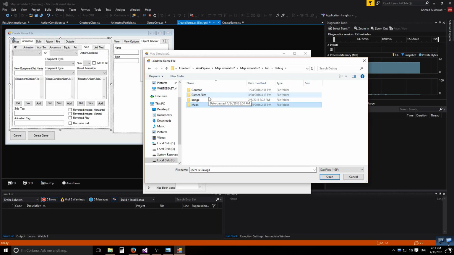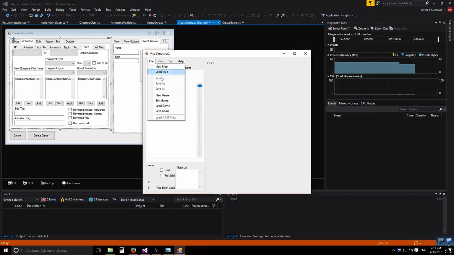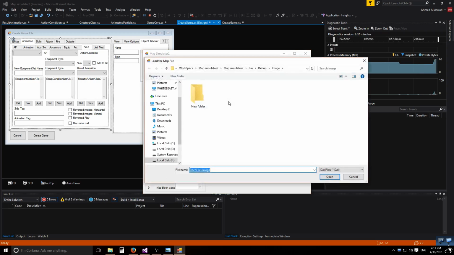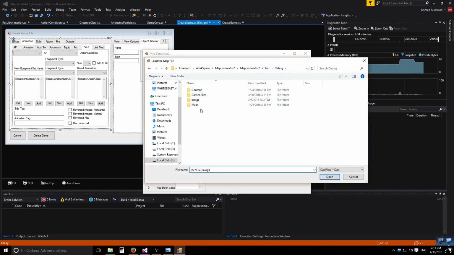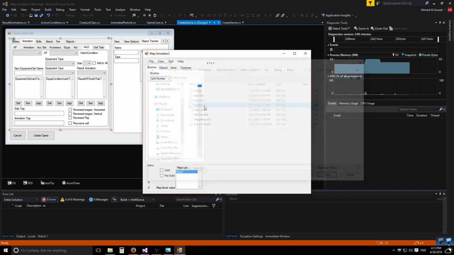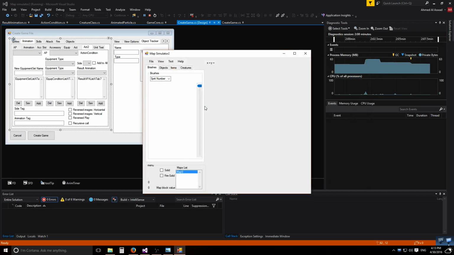Game file. I apologize if I'm a little bit confused. I wonder what happened if I load a map now. I haven't done that for years. And you cannot see anything. And this thing is not loading. So